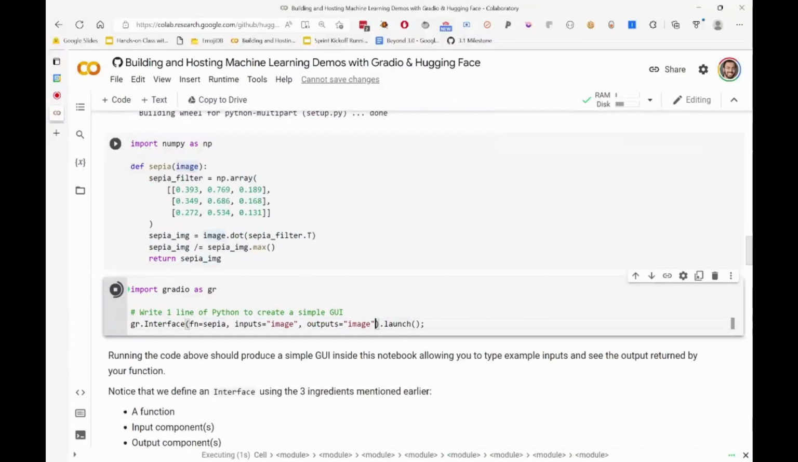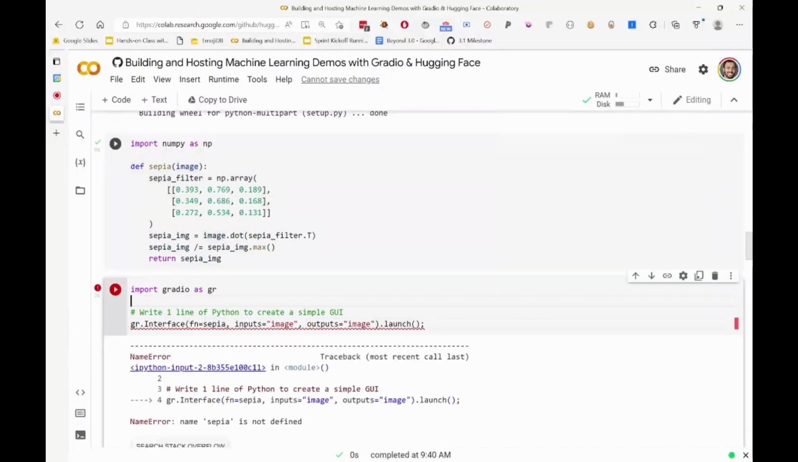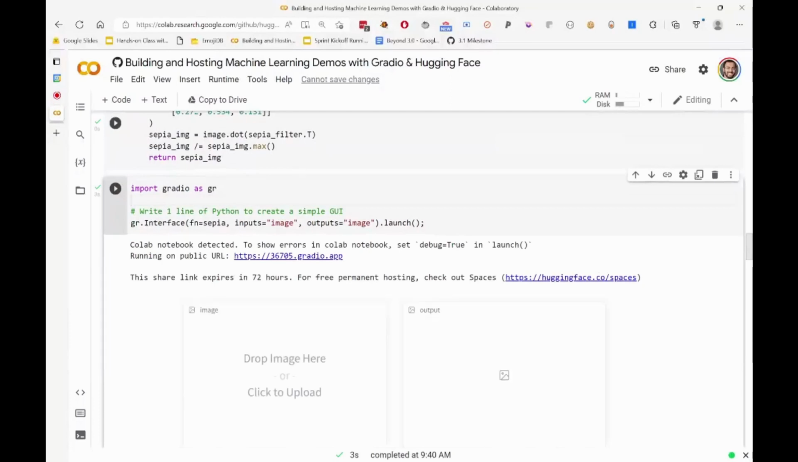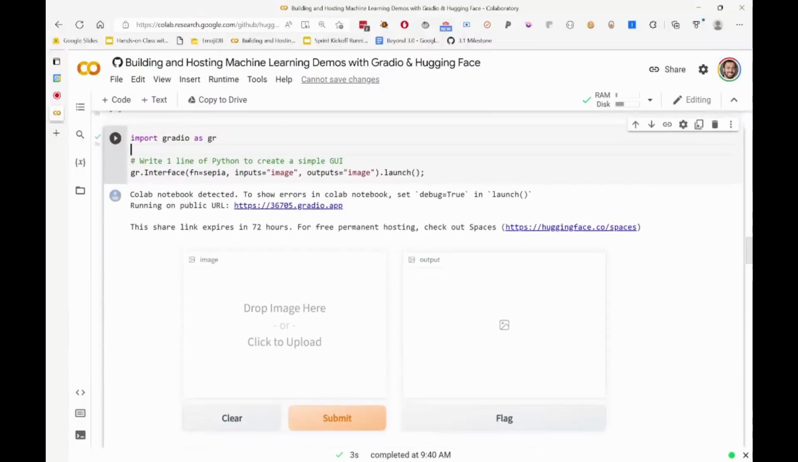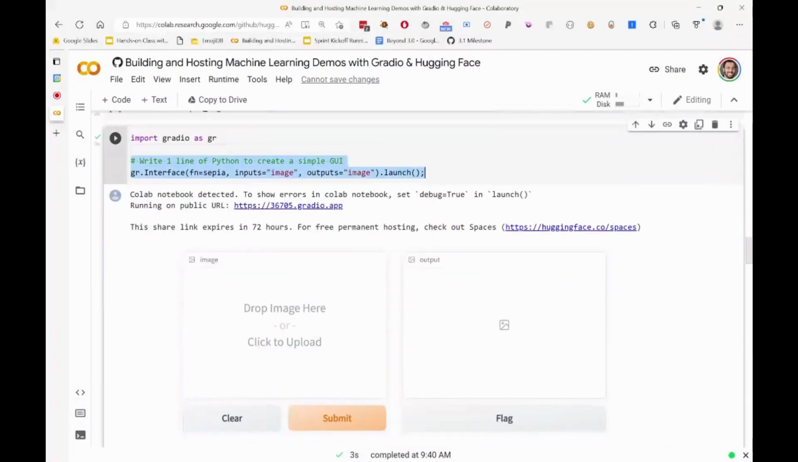It doesn't always have to be this case. Sometimes the input could be, oops, I forgot to run this. Let me run this cell here. Sometimes the input could be text and the output could be an image, or it could be a lot of different things, as we'll see. But this is a good one to start with. So when I define my function and run this one line of Gradio code, really,